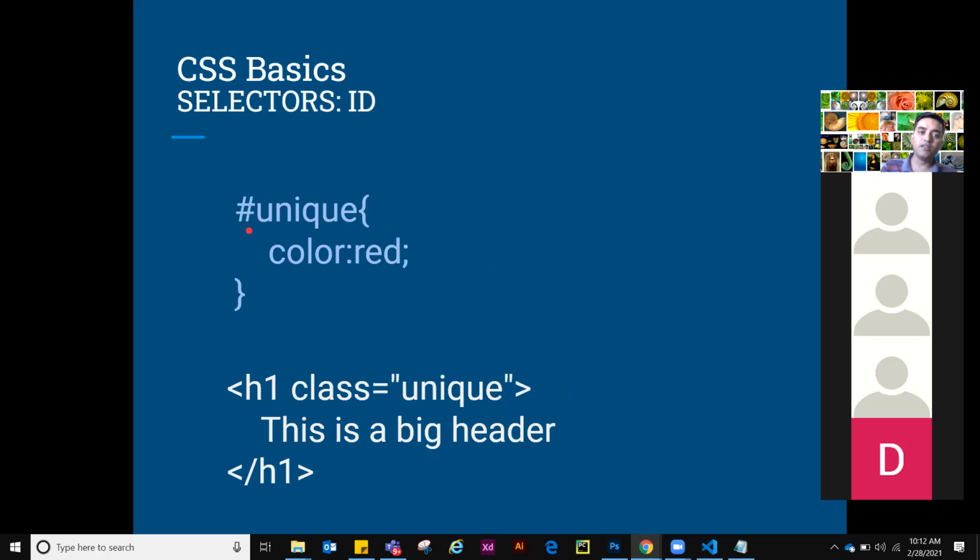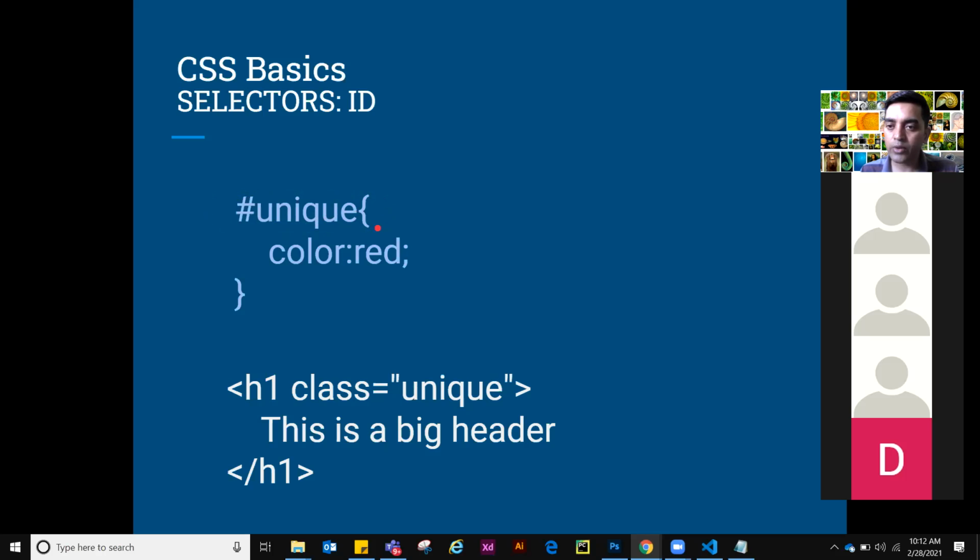Now, is there a question coming to your mind that, okay, then why should we use class? What is the requirement? Two different selectors, IDs and class, it can be done with only one thing, right? Because they are essentially doing the same thing, right? Yeah. Right. So the idea here is you ideally use an ID once.